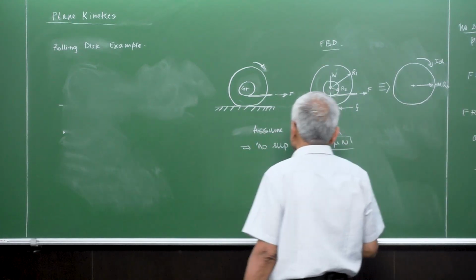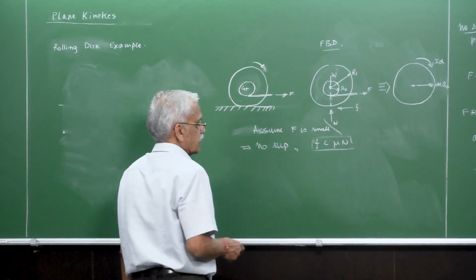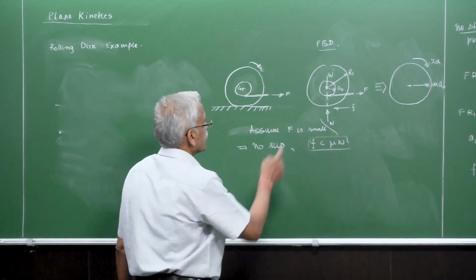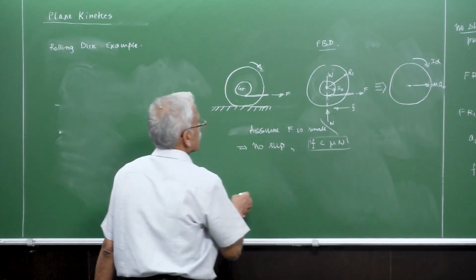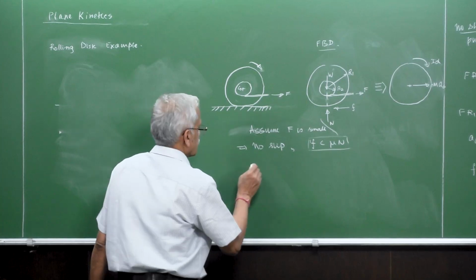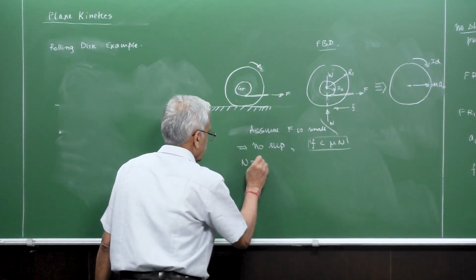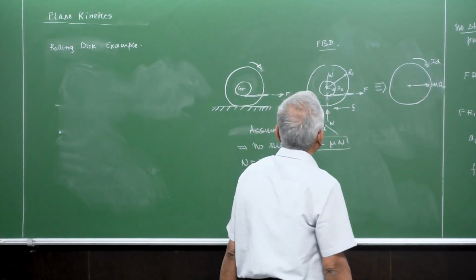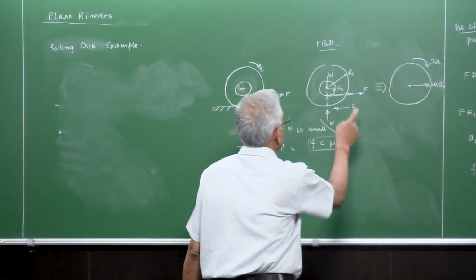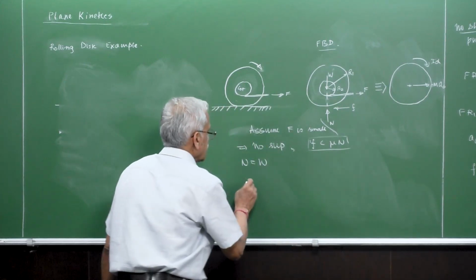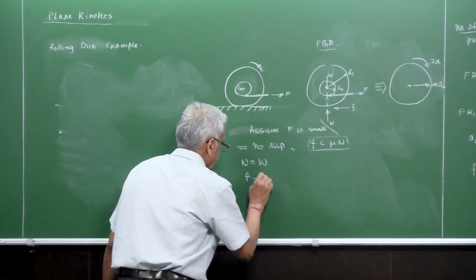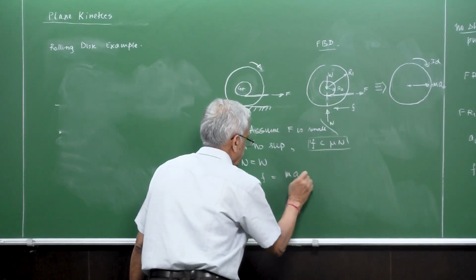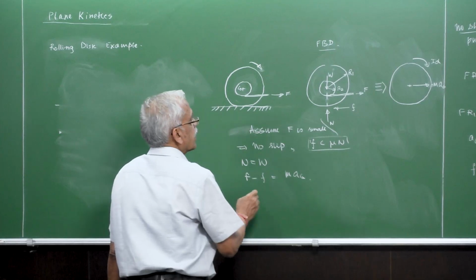Okay, so these two are associated. Now we go through the same equations. So the vertical equation is, of course, N is equal to W, and then again we'll use the horizontal equation. So it is F minus F_friction is exactly the same thing, and